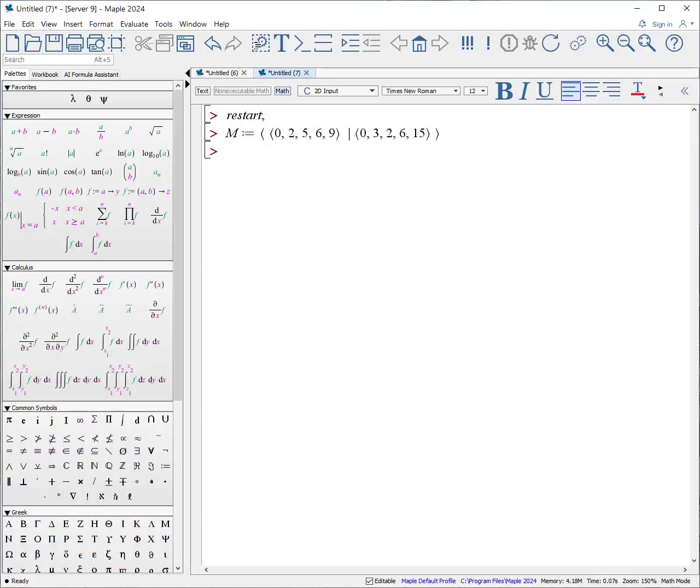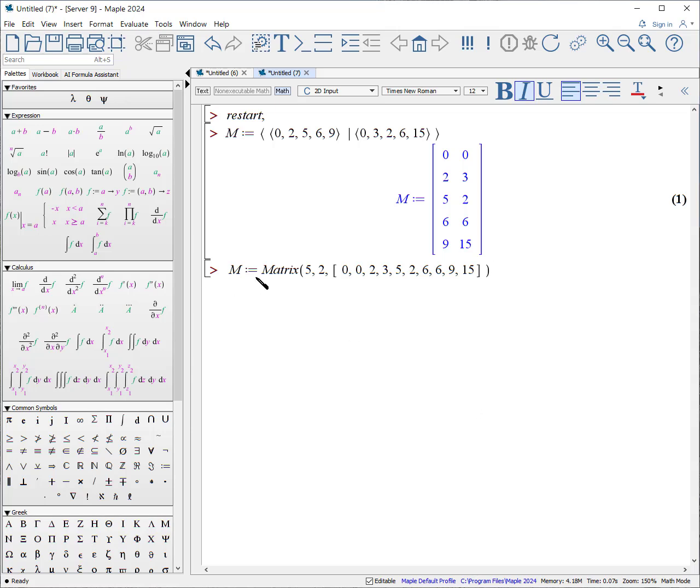Okay, we'll begin by having 5 pairs of data points, and there are multiple ways you can enter it. Here's a way you can enter it as a matrix. It is a matrix which consists of 2 vectors. There's the x component and there's the y component. Hitting enter, they look like that. Another way is to explicitly write it all out as 5 rows, 2 columns, and then listing all the data